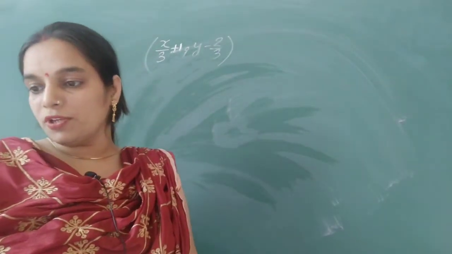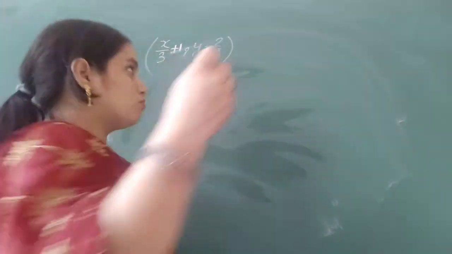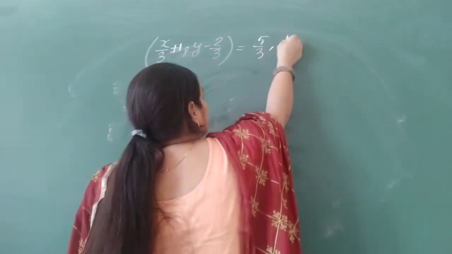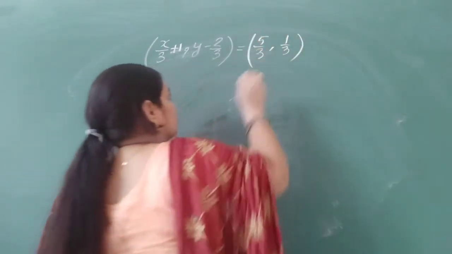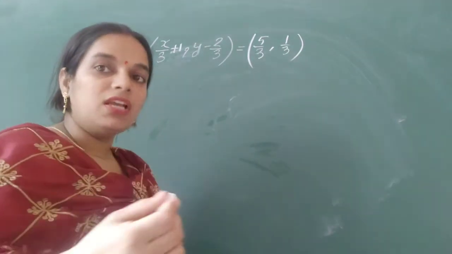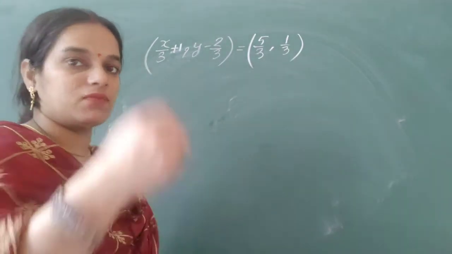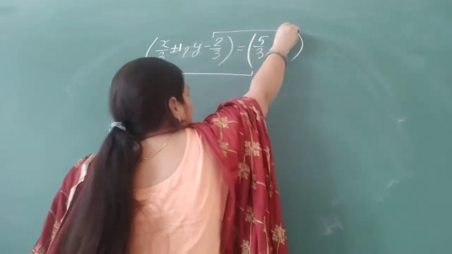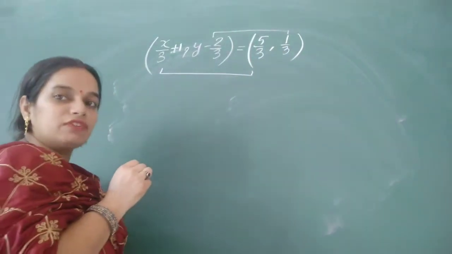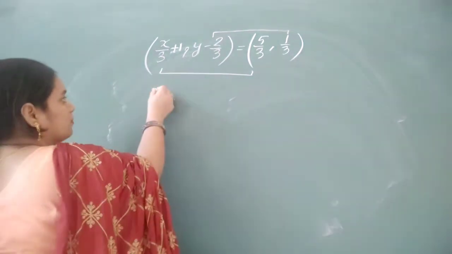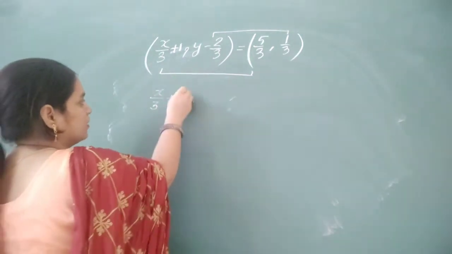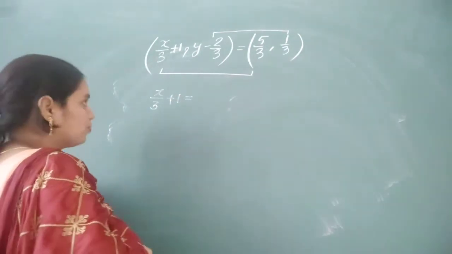And the second ordered pair whose elements are 5 by 3 comma 1 by 3. Both the ordered pairs are equal and we have to find the value of x. So we will equate their first element and their second element and then we will find the value of x and y. So x divided by 3 plus 1 is equal to